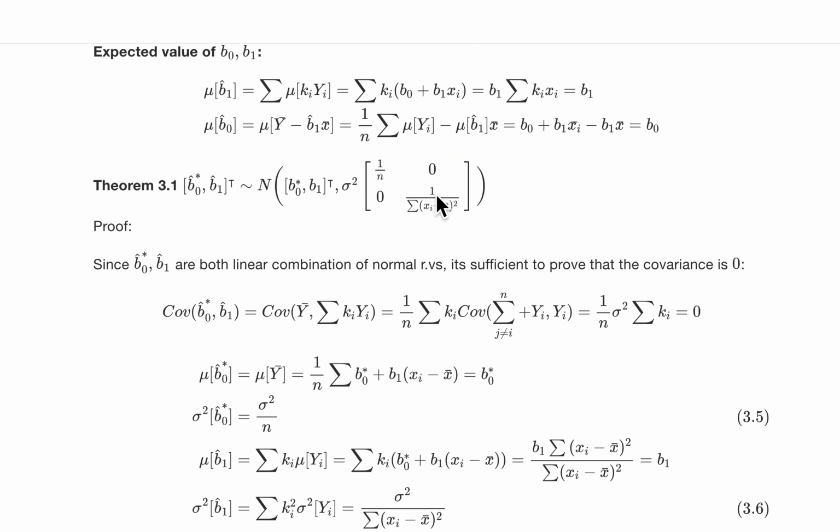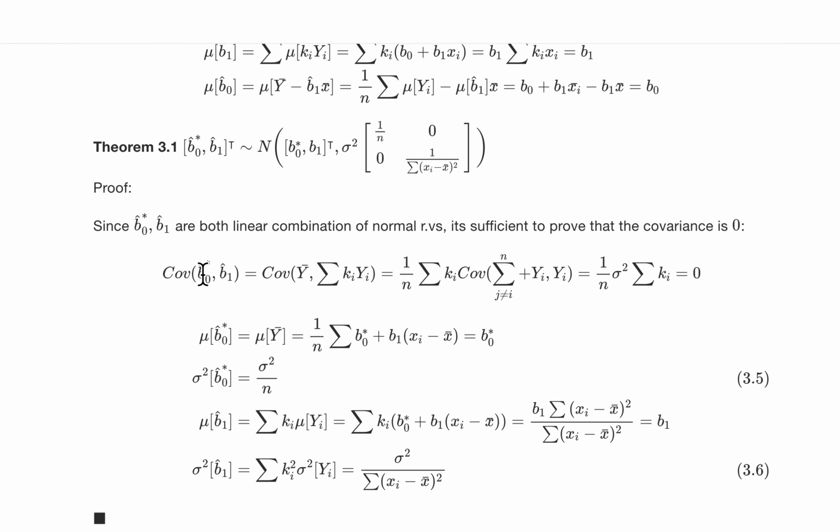So let's prove that. It's very easy to see. First we check that the covariance is 0. The covariance of b0 hat star and b1 hat: we plug in its estimators, and all we have